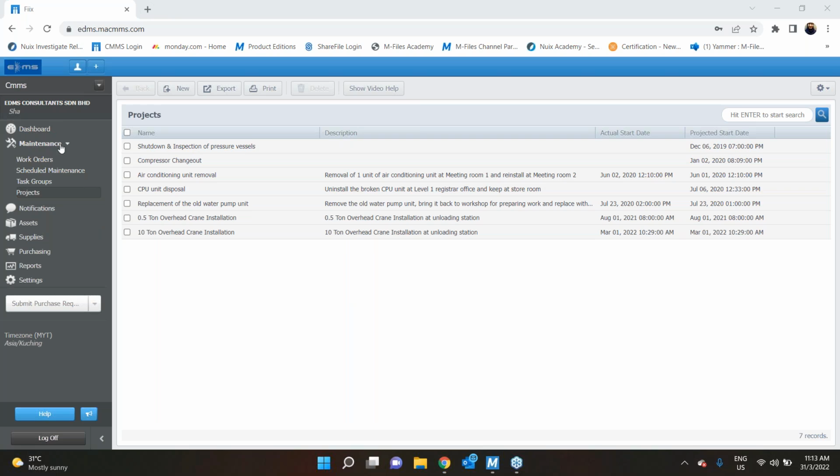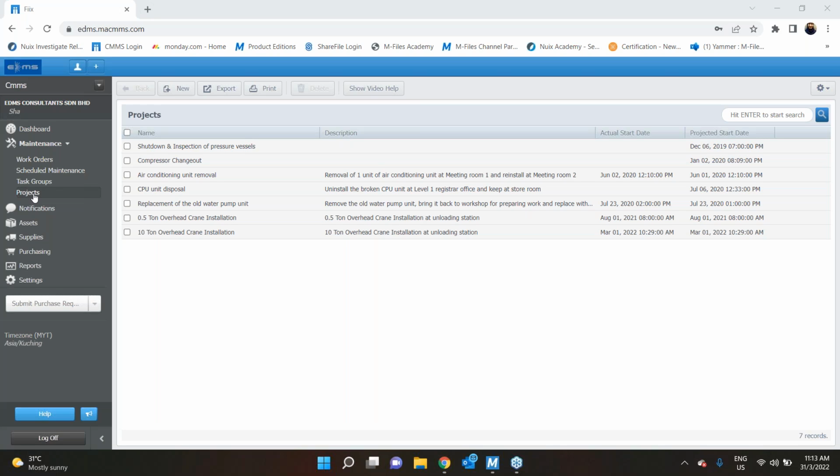So as you can see here, we have the maintenance module where you have all your work orders, the asset module where you have the list of your assets, and also your asset historical data. The supply module has all your inventory records, then there is the purchasing module, and the report section, which provides analytic features such as, like mentioned, part forecaster and work order insights. So we will be focusing on the project feature, with which you can manage a project from the system.